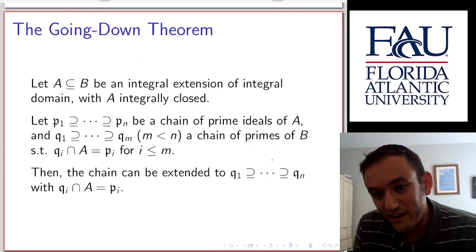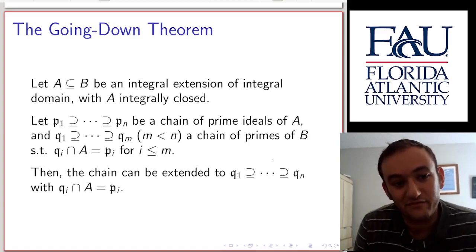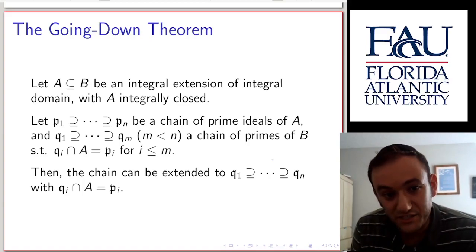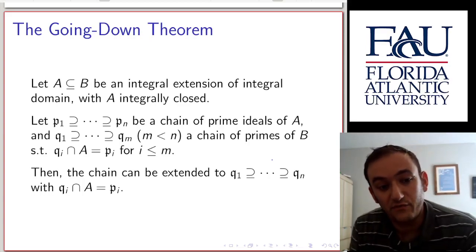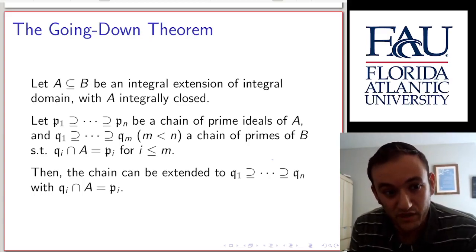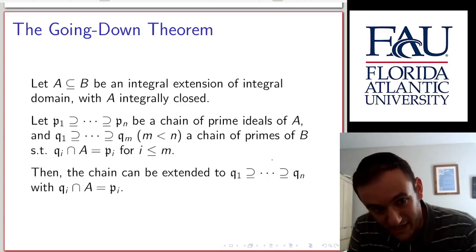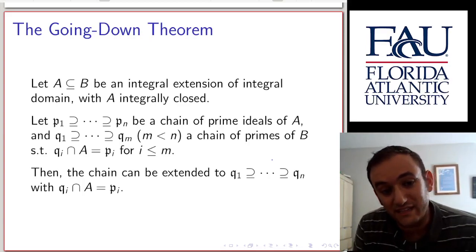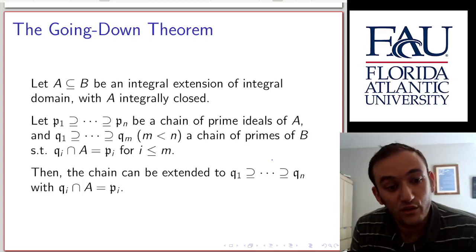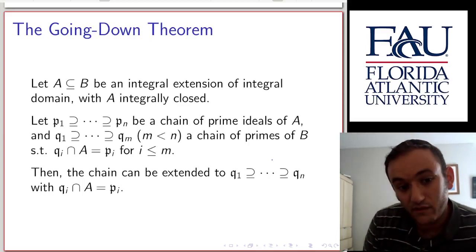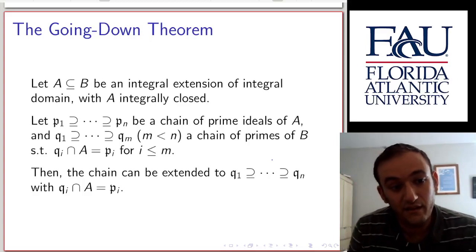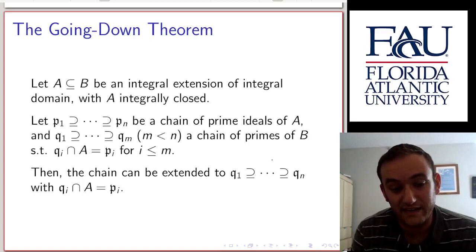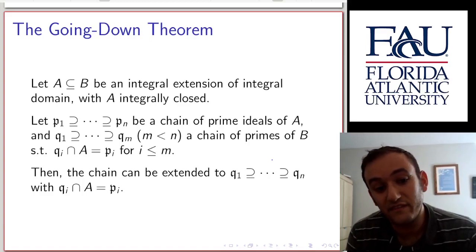And finally, we arrive at the going down theorem. So we have A and B, an integral extension of integral domains with A integrally closed. Then if we have a descending chain, so P1 contains P2 down to Pn, and those are prime ideals of A, and Q1 contains down to Qm of primes in B, where m is less than n, and such that Qi intersect A is Pi for all of the i's at most m,